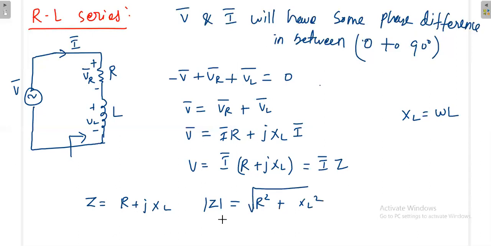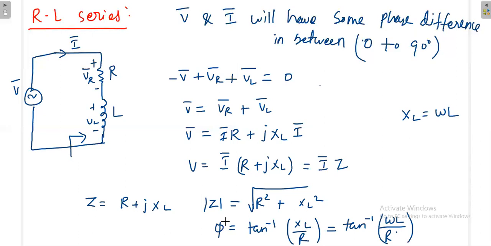And again, how to write this phase difference? What is the phase difference? Phi means tan inverse XL divided by R. Then XL means omega L, so phi means tan inverse omega L divided by R. Sometimes in the exam they will give omega or L value and ask phi. Directly with this formula you can calculate. Then I will make a triangle for this one. This can be written in terms of a triangle.